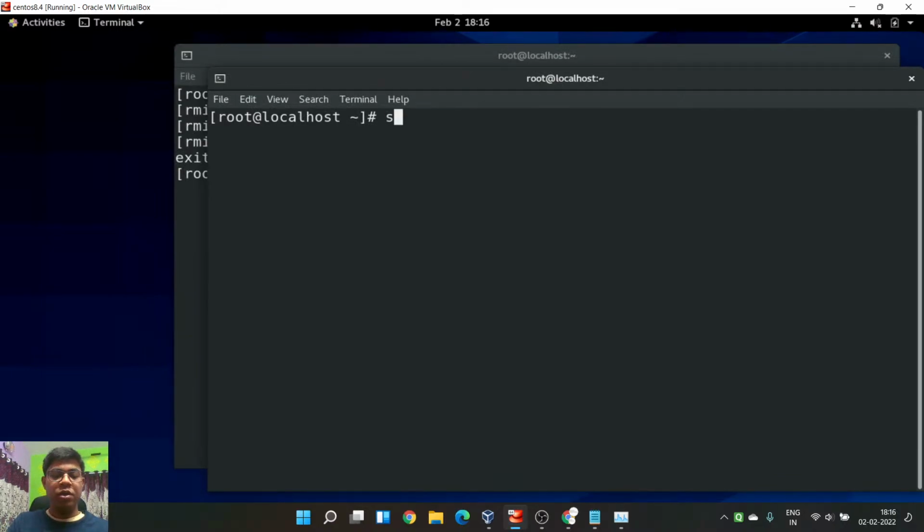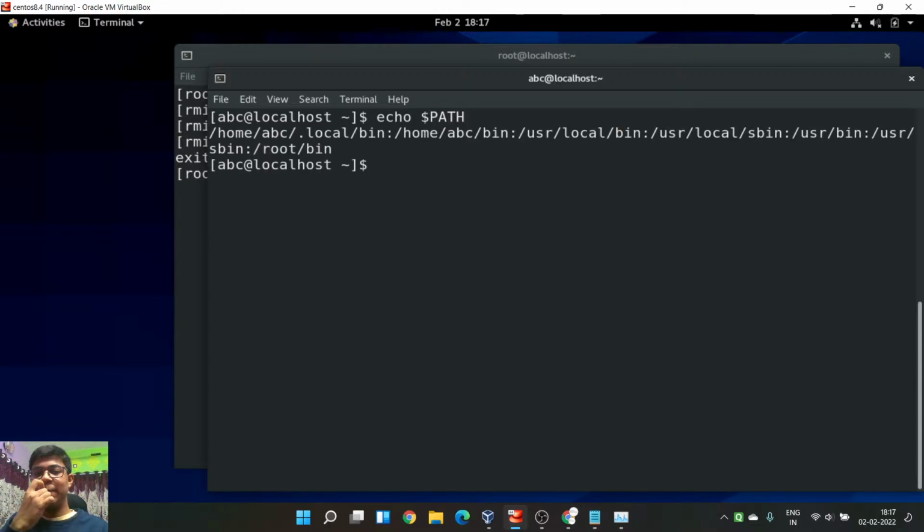If I quickly switch to, let's say, abc, and do echo $PATH, you can see what it's showing, that this user abc has one path. Path is where you store your program files. Let's say one of the paths is /home/abc/bin.